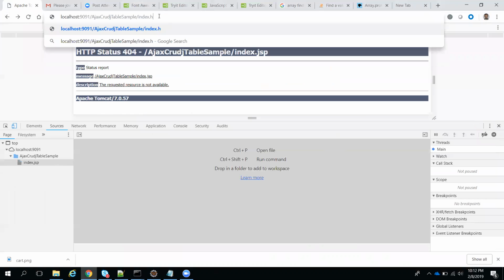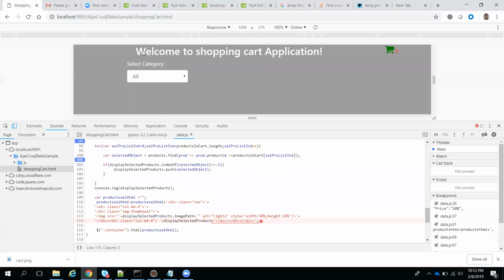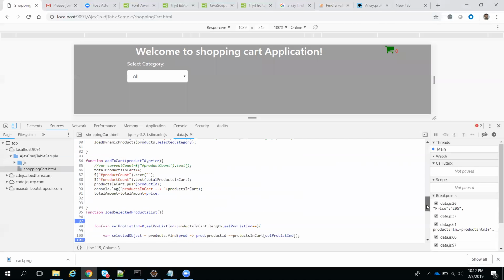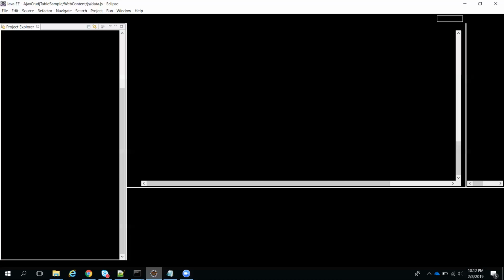Index.html is there actually. We'll see. What is the error? Okay, here plus is required.